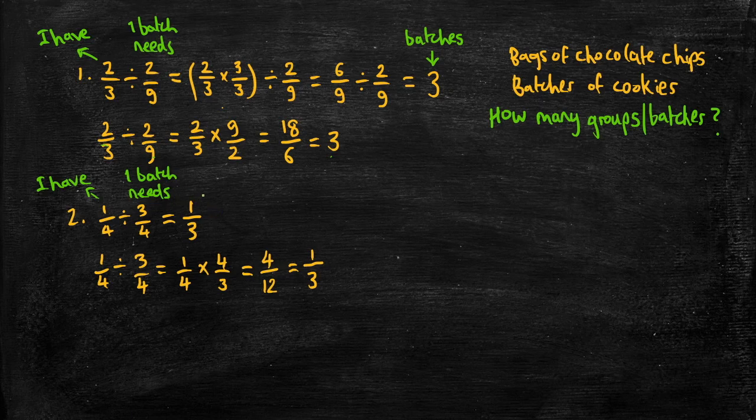So in this case, I can only make 1/3 of a batch of cookies, because I only have 1/4 of a bag of chocolate chips, but one batch of cookies needs 3/4 of a bag of chocolate chips, so I can only make 1/3 of a batch. Okay, so that's fraction division from the perspective of asking how many groups, or batches in this case,